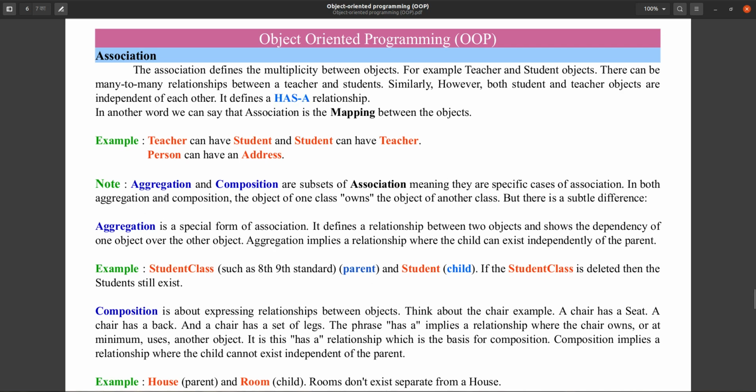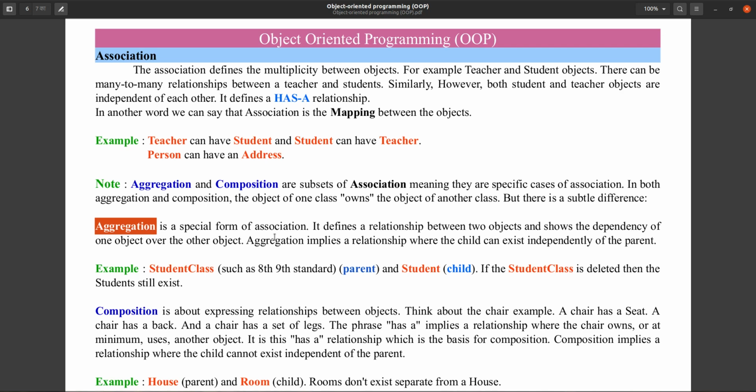Association has two special forms also, that is aggregation and composition. So what does aggregation define? Aggregation defines that the two objects are not dependent on each other.